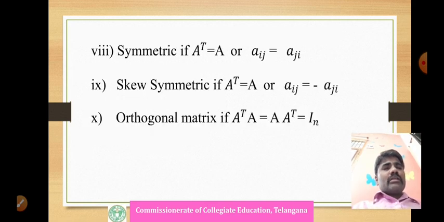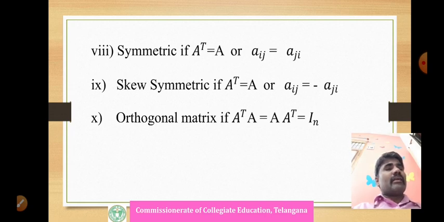Now, symmetric matrix. Symmetric or real symmetric matrix, both are the same. Symmetric matrix means the elements in the given matrix are real numbers. We can understand it like that, and we can say it as a real symmetric matrix or symmetric matrix. Whenever it is symmetric, the elements are real numbers. A square matrix A is said to be symmetric if A transpose is A, or otherwise the elements in the place of Aij equal Aji.